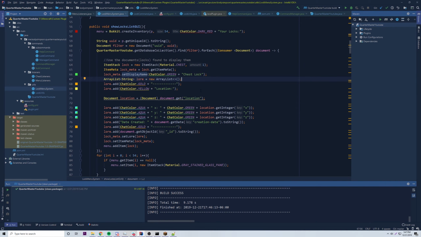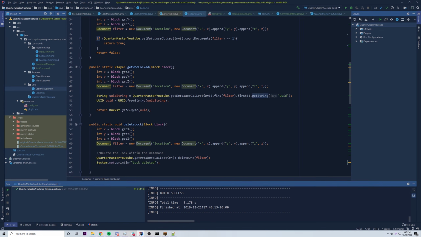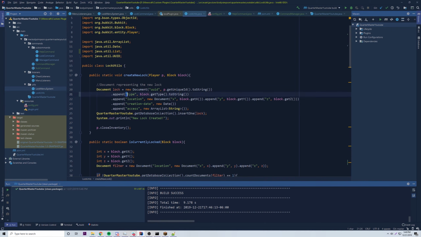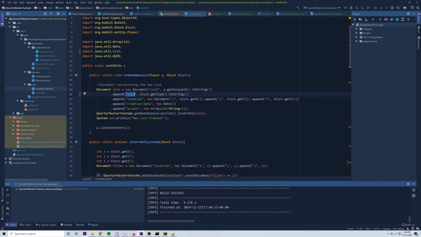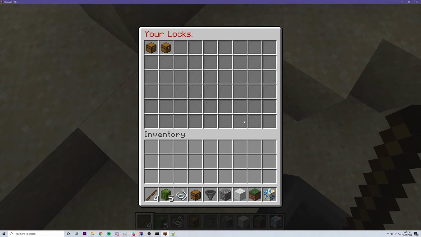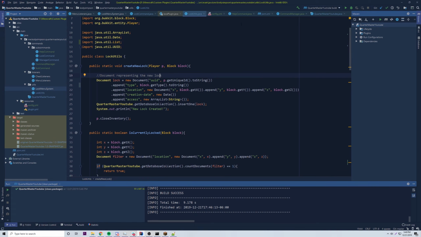So what we should do is somehow grab the data from the database, because the database has this now. If we go to lock utils, the database will be storing the type of the lock. So if we grab that from the database, we should be able to use that to display the item of whatever we just locked. So instead of displaying a chest right here, we would display a hopper. That shouldn't be too hard, so let's go back to